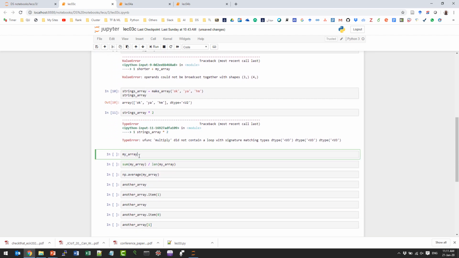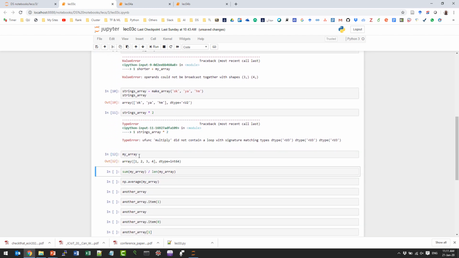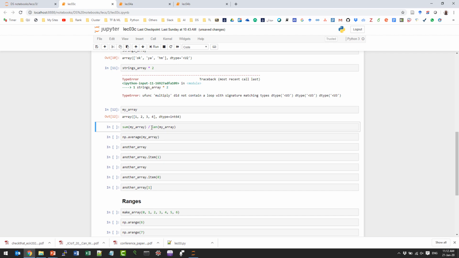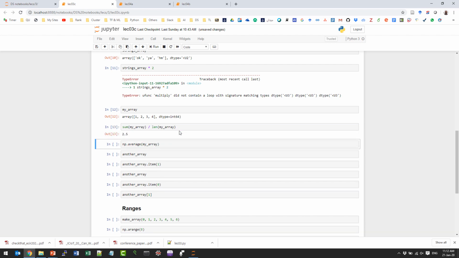Okay, now my array is still the same, 1, 2, 3, 4. I can get the length. I think we saw that before, the length of an array. It is 4, right? And we can, as we saw before, multiply by a number. We can also divide by a number. So this will give us,